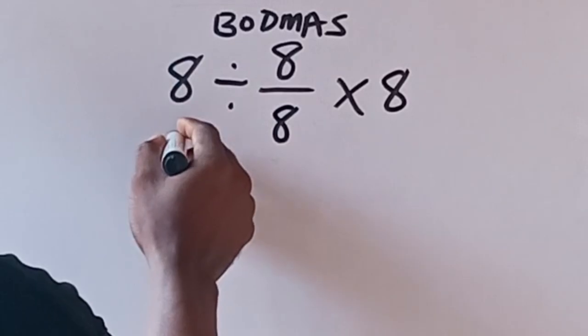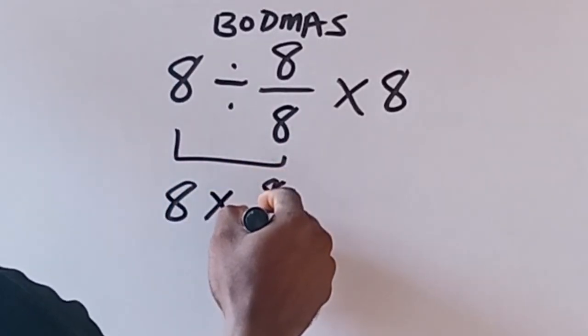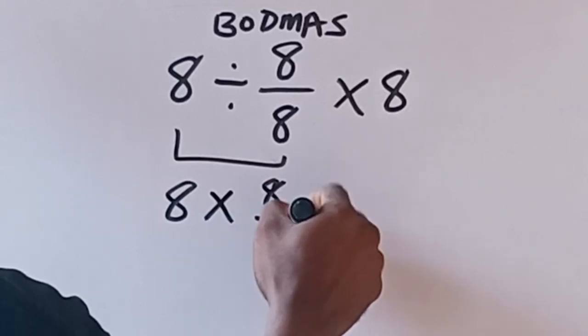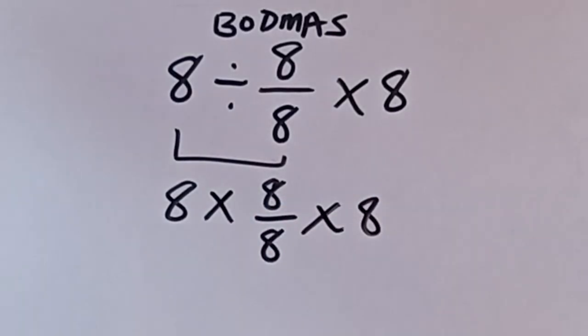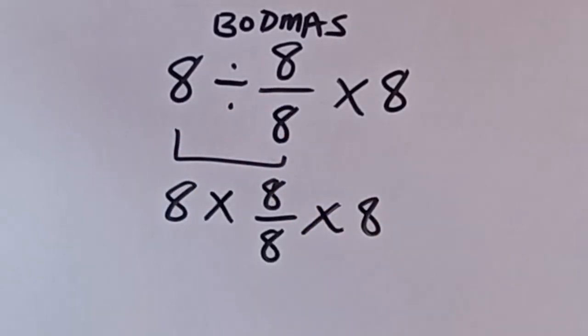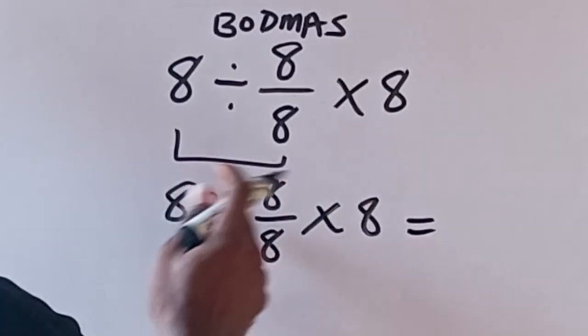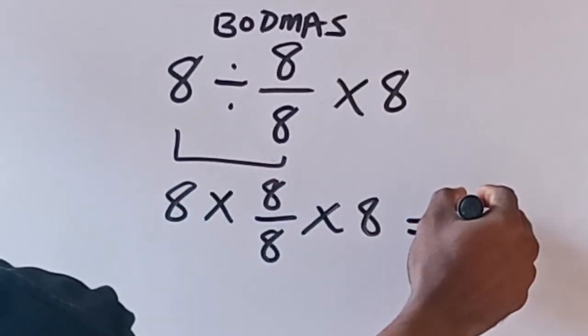So if we apply this, it will be like this: 8 times 8 over 8 times this 8. Because the KFC rule is keep, change, and flip. So we keep this, change this to times, and flip this. So when we do this, we have 8 times 8. This 8 times 8 times 8 will give us